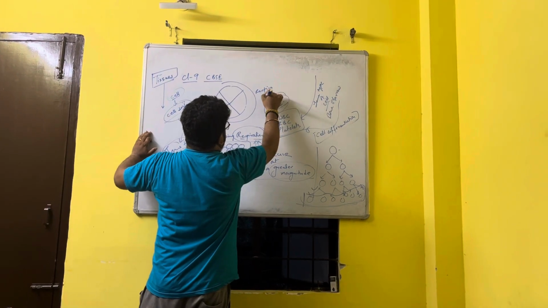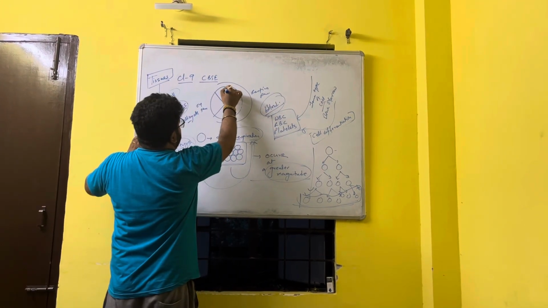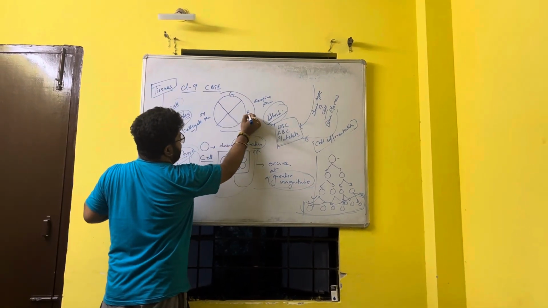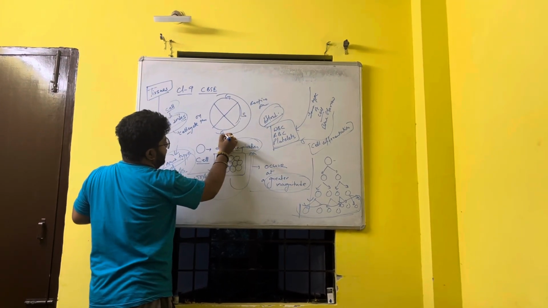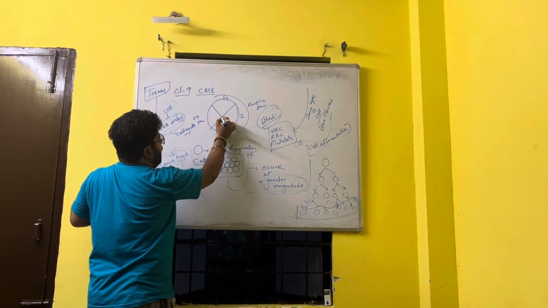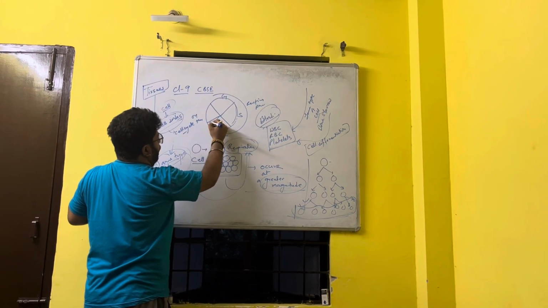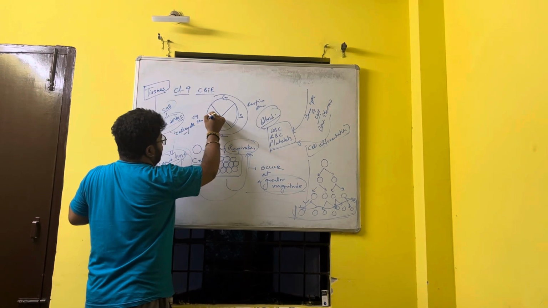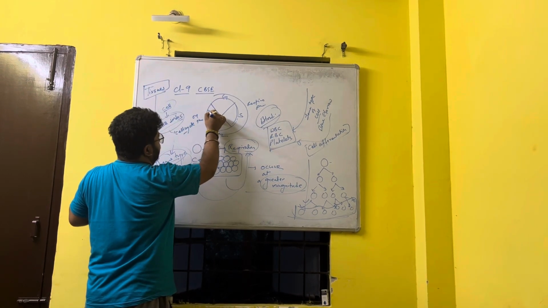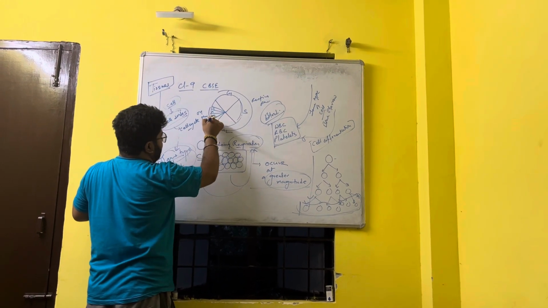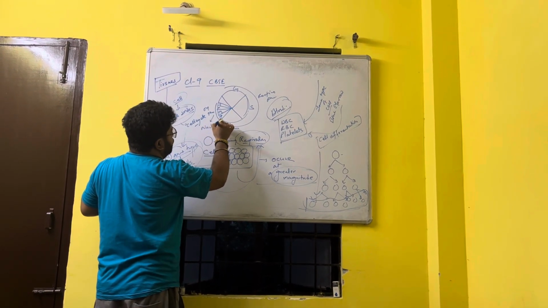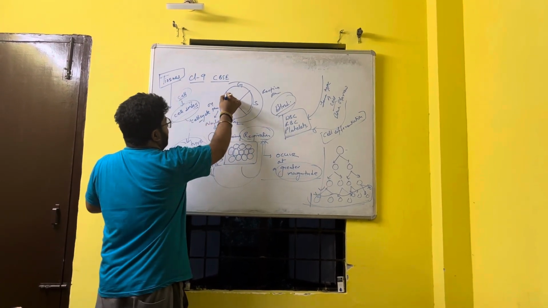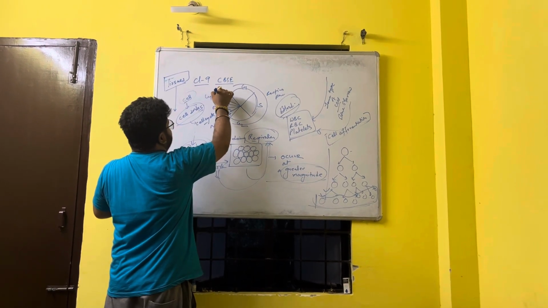Resting phase. A cell is resting. So first there is the G1 phase, that is the growth 1 phase. Then there is the S phase, which is the synthesis phase. Then the G2 phase, which is the growth 2 phase. After that there is prophase, metaphase, anaphase, telophase. This prophase, metaphase, anaphase, telophase is actually nuclear division. You understand the nucleus is there in the cell? So that is known as karyokinesis. Then there is cytokinesis, which means the cytoplasm divides.